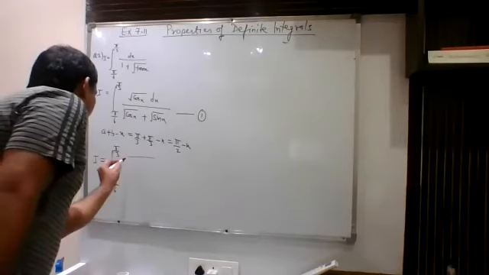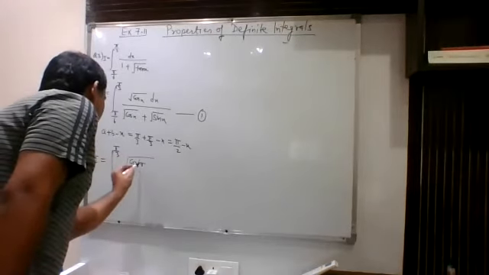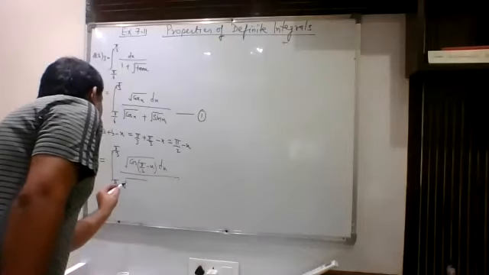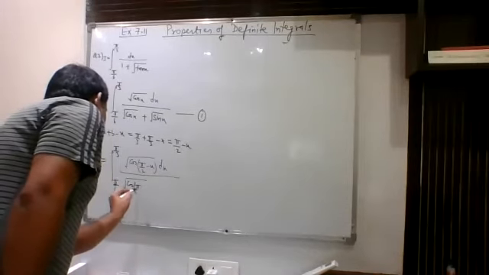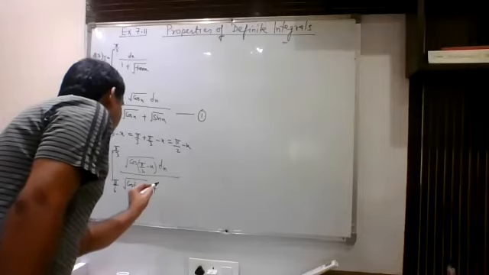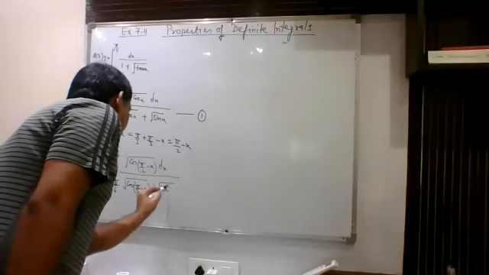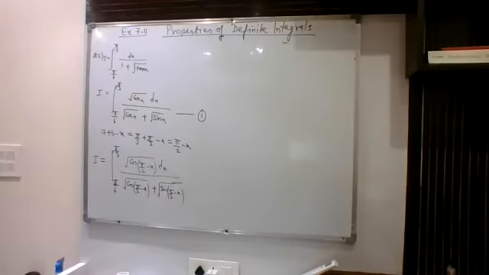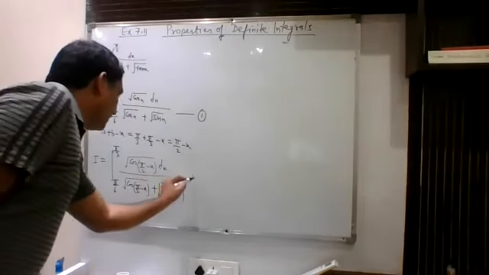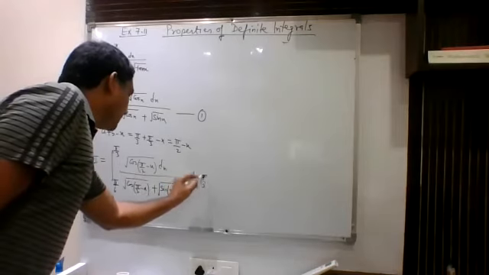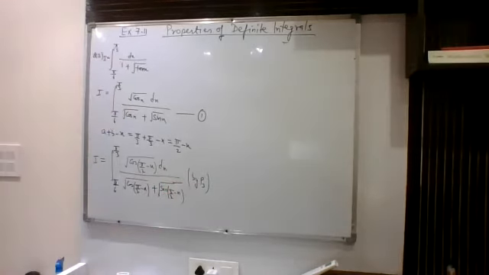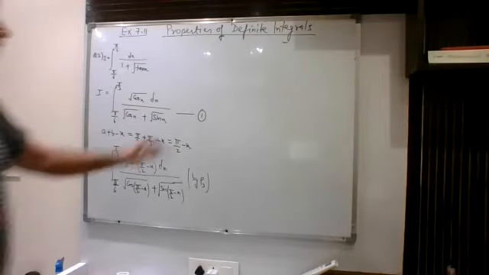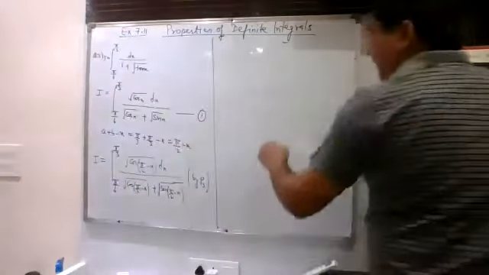So let us apply P3. So that means this will become cos(90 minus x) dx upon under the root of cos(90 minus x) plus under the root of sin(90 minus x). So this is by P3 property, because a plus b minus x we are applying. Now, after this, you will apply that rotation method.